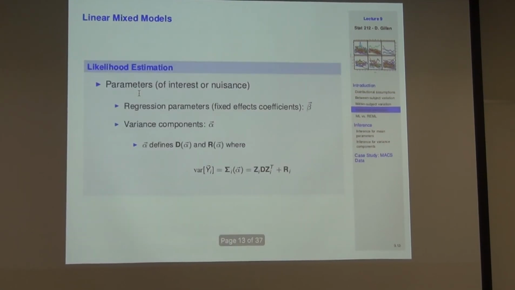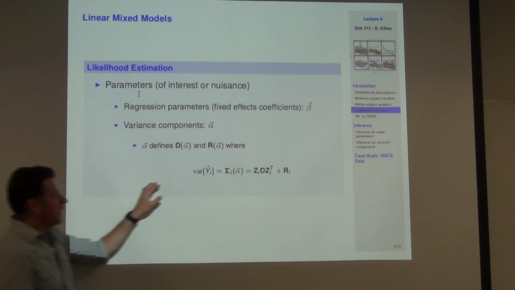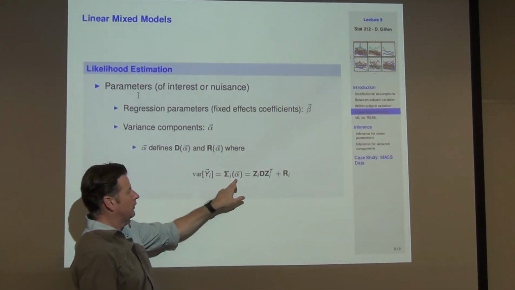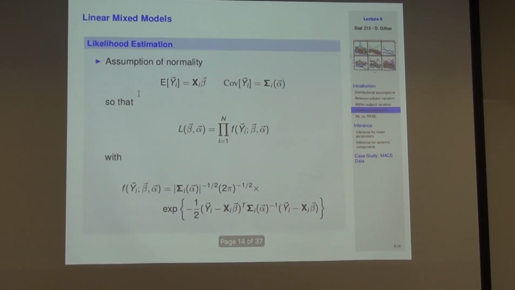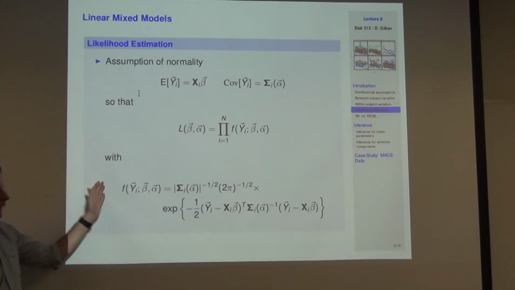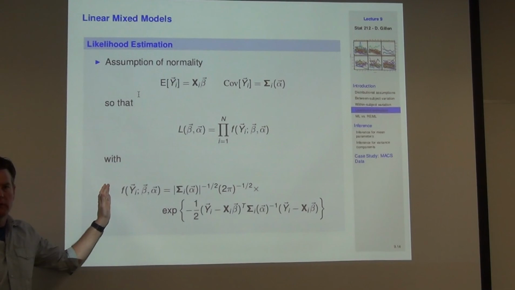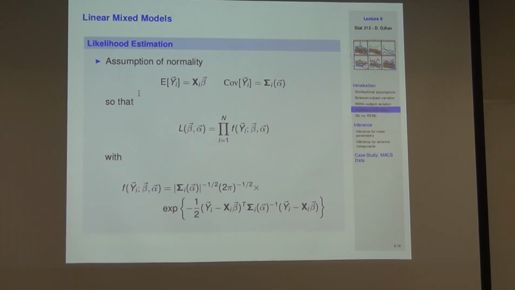So what we're going to do next time is we're going to say, all right, I've now got a variance covariance structure, that's the sigma, that's parameterized by this finite vector alpha. We're going to write down the likelihood. That looks very familiar to us. It's just this big multivariate normal. And we're going to do the estimation coming through. Now the trick here